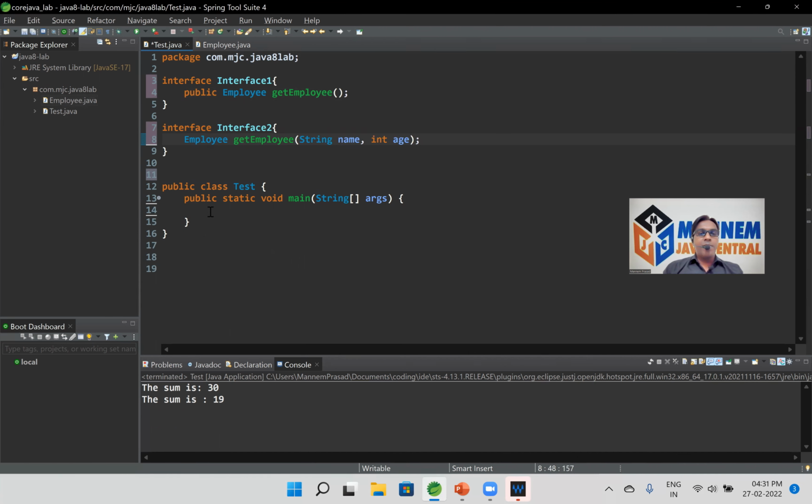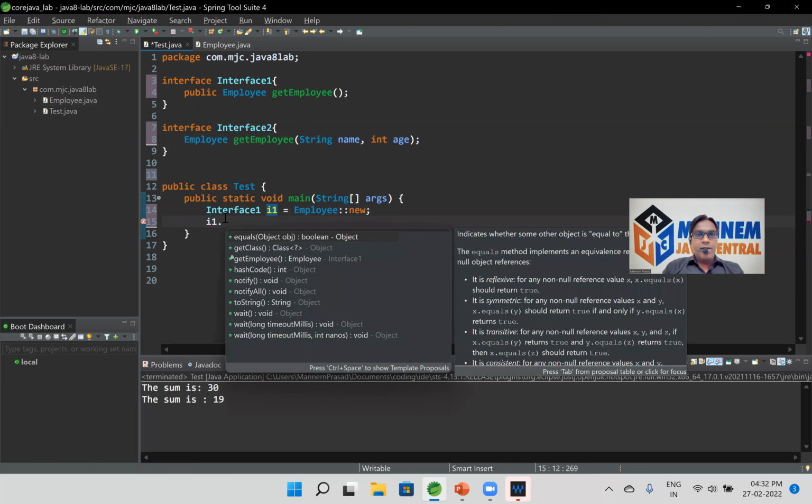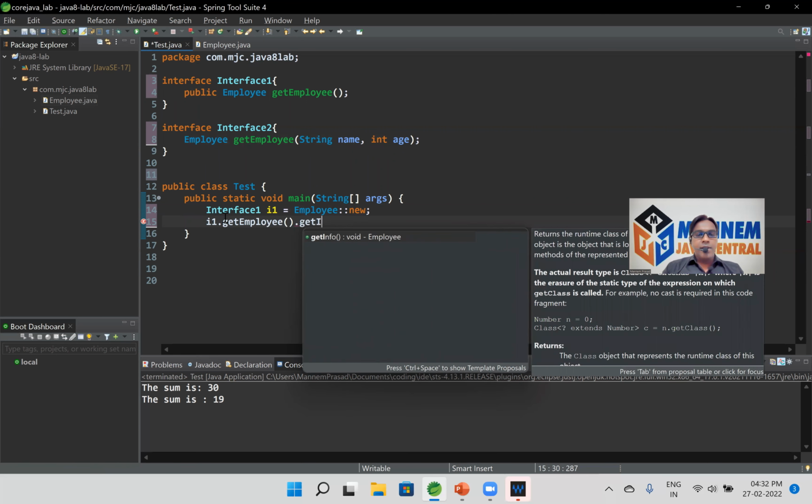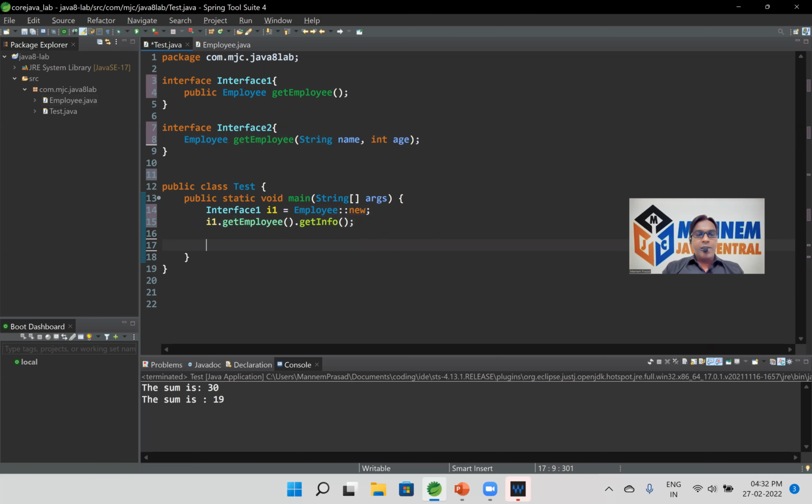So here is how to provide implementation using method reference. First, interface I1 is equal to Employee double colon operator new. So I1 dot get employee, dot get info, and next one is